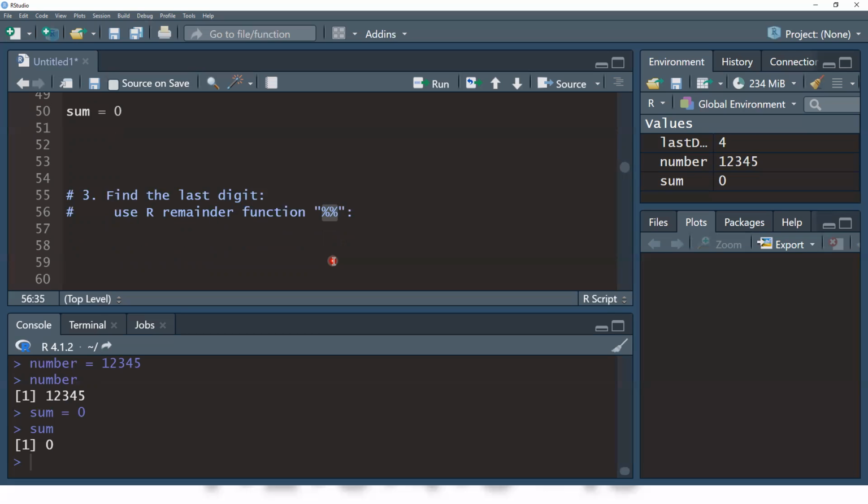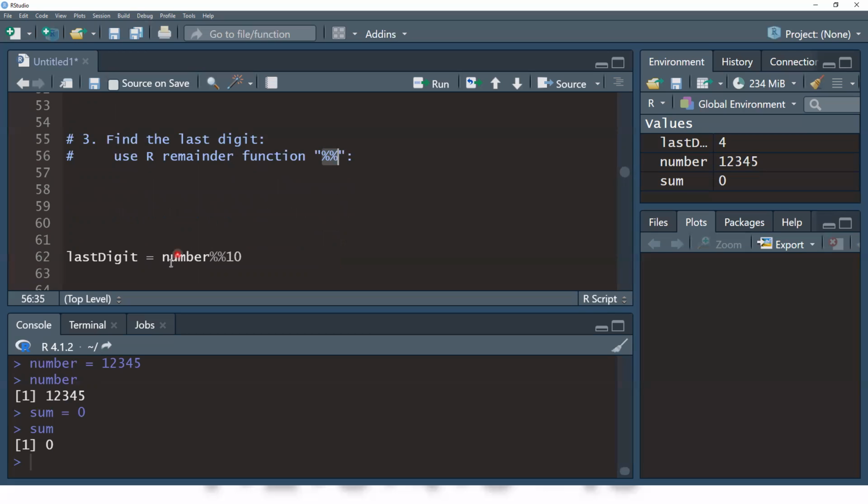Now here, look at here. Given number divided by 10. So given this number, 1, 2, 3, 4, 5 divided by 10, what's the remainder? It is not divisible by 10. You can see 5 is the remainder.